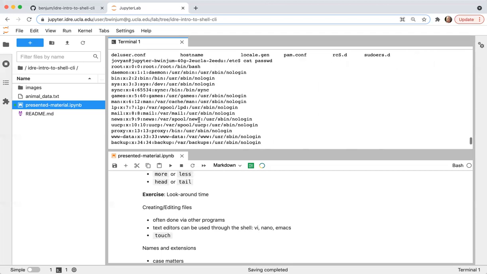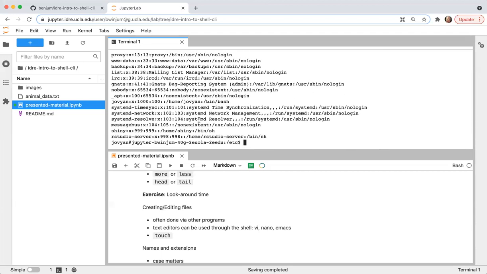which you don't have to worry about what this is exactly, but this is looking at a system file. A lot of the system files are text. If they're secret, you won't be allowed to look at them or to read them. So that read permission will be off for you. But a lot of the files that are in the operating system are free for you to peruse.